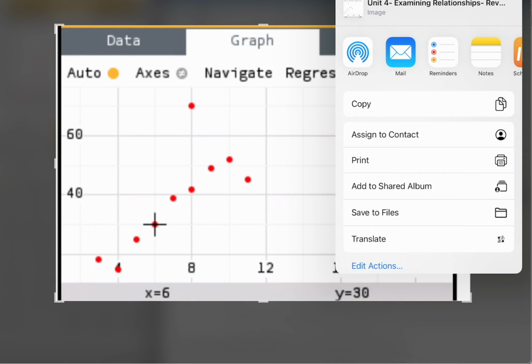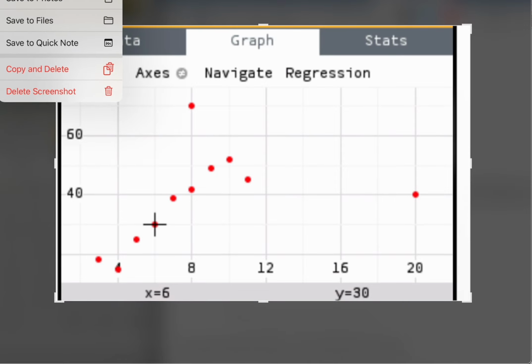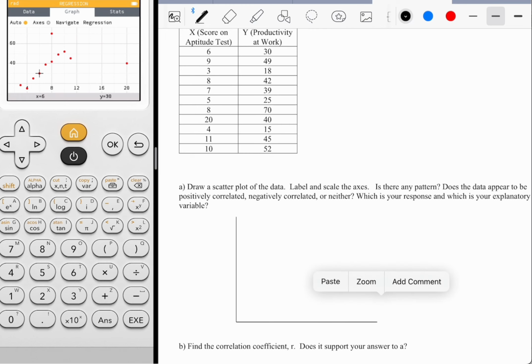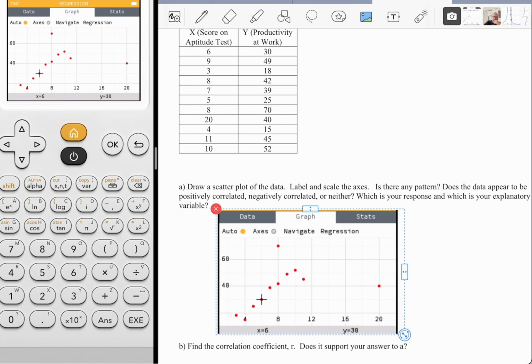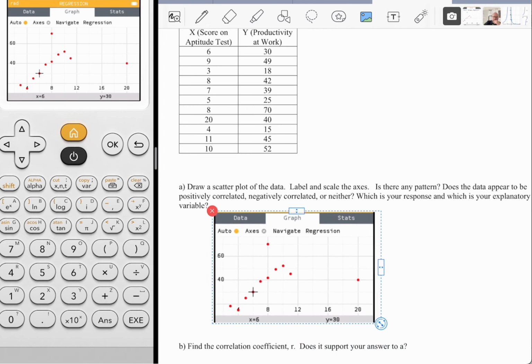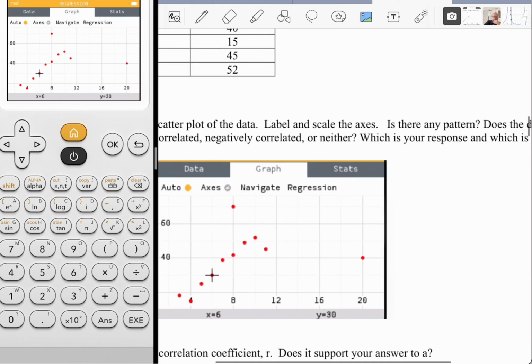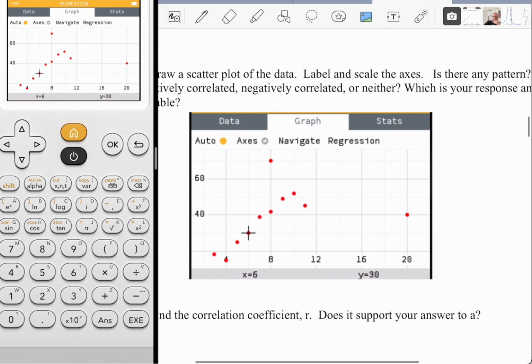When you're given a graph, that's one thing, but when you actually have to type the data in, you should really consider what is being put into your calculator. It's like, whoa, that number's pretty big in comparison to what we just did. For example, when I'm typing in the X scores, I'm looking at it like, oh, one digit number, one digit number, one digit number. Oh, 20 all of a sudden? That might be a little big. Maybe not as clear for the second column, but you just kind of keep an eye on things. I suspect that this is an outlier